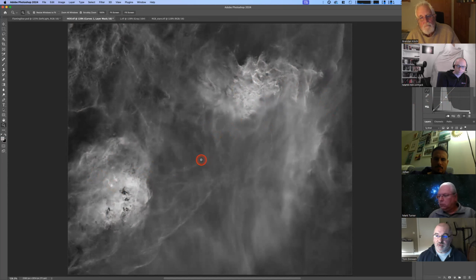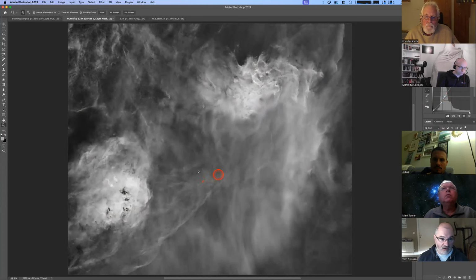So anything above 80% is going to start looking white, even in your stars. So you want to keep your star intensity, if at all possible, as light a stretch as you can. And same for any of the highlights here. If I were to stretch this up, any of these highlights here, they're probably, if I put this in here,